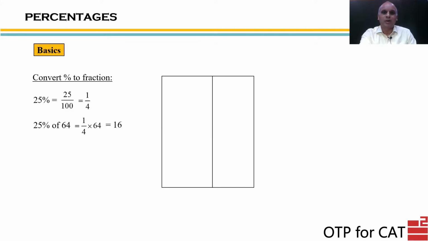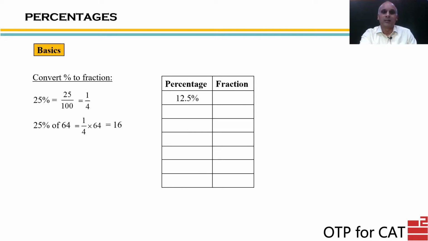Likewise, there are many more commonly used percentages and their corresponding fractional equivalents, which I think you all must know. And this is listed here, percentage and corresponding fractional equivalents. So for example, 12.5% is 1/8, 25% is 2/8, which we have seen is finally 1/4, 37.5% is 3/8, and then 50% is half, 62.5% is 5/8, 75% is 3/4, and 87.5% is 7/8.